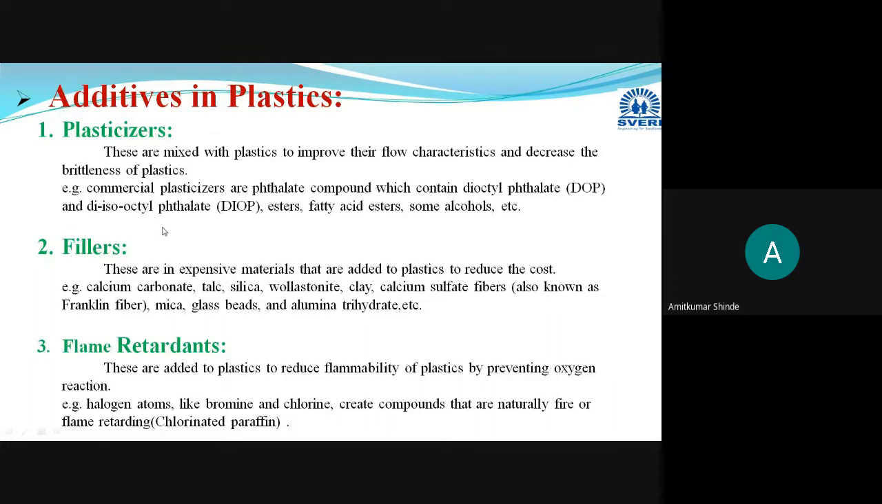After the plasticizer, the next additive is the filler. To reduce the cost of a particular material, whichever material is added to the plastic material for that purpose is termed the filler. Here our aim is to reduce the cost. Now these fillers,